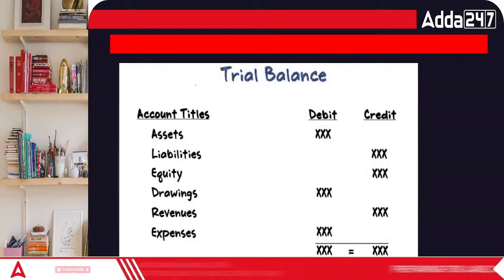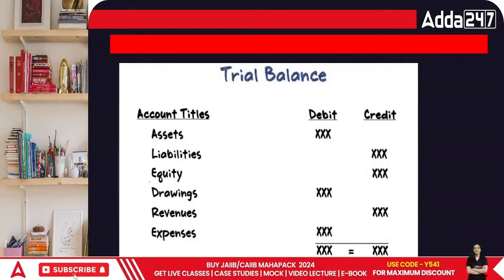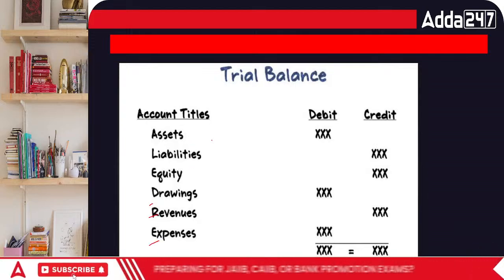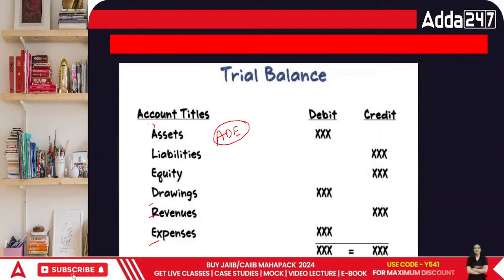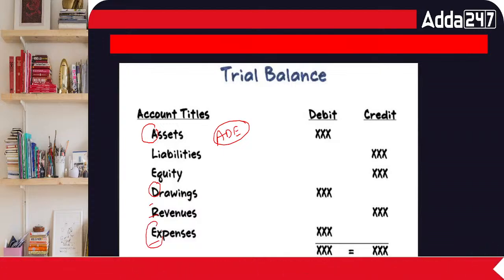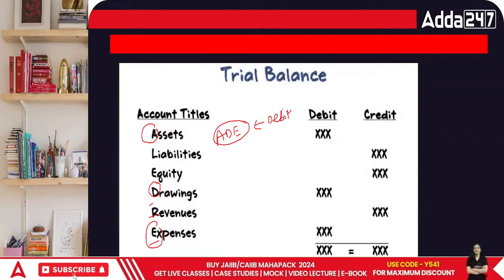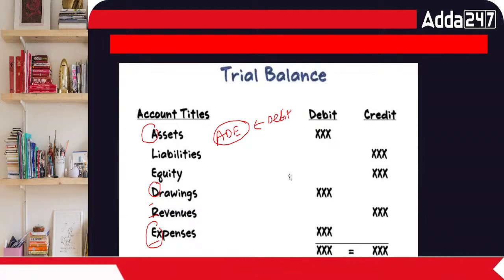First is an asset. It has liabilities, it has equity or drawings, revenue and expenses. What does it mean? If I talk about A, D and E, look at these three things. Assets, drawings and expenses. These three things will always have a debit balance. Just look at it, everyone. It has shown a debit balance. While if I talk about the credit side, it has